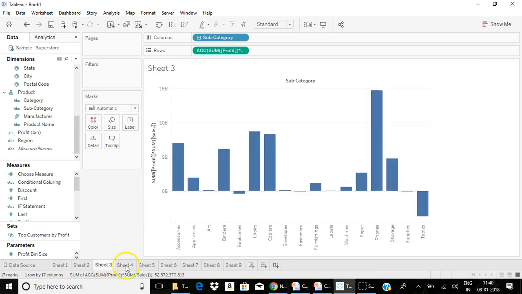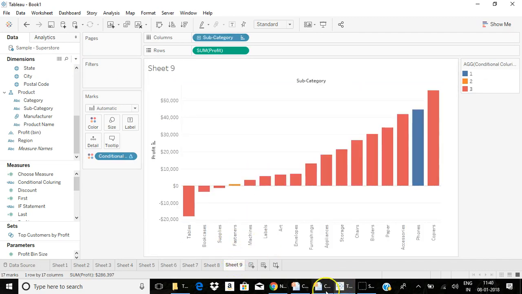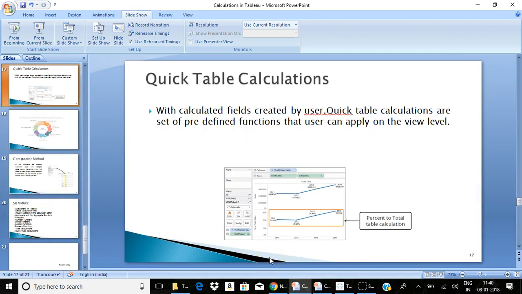So far whatever we have seen are all the basic calculations. So you can use number functions, logical functions, string functions, date functions, type conversions, aggregations, or a table calculation. The second type of calculations are called quick table calculations.